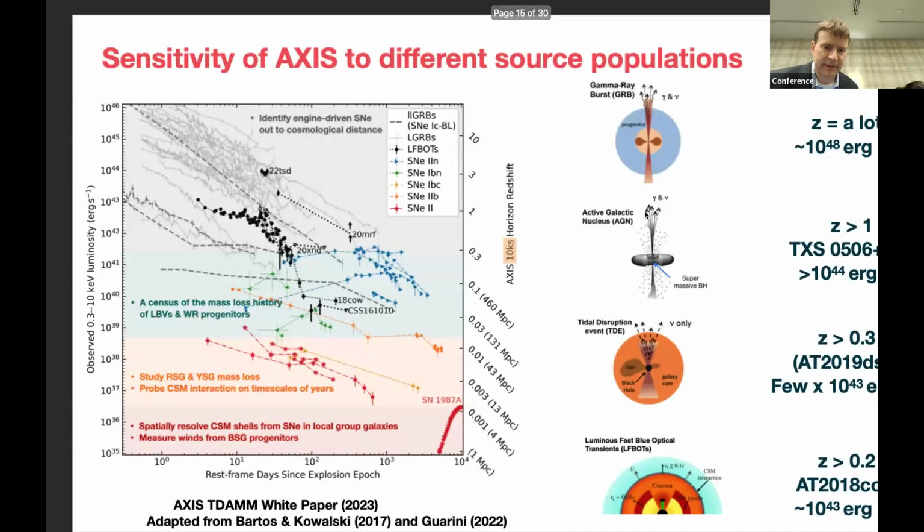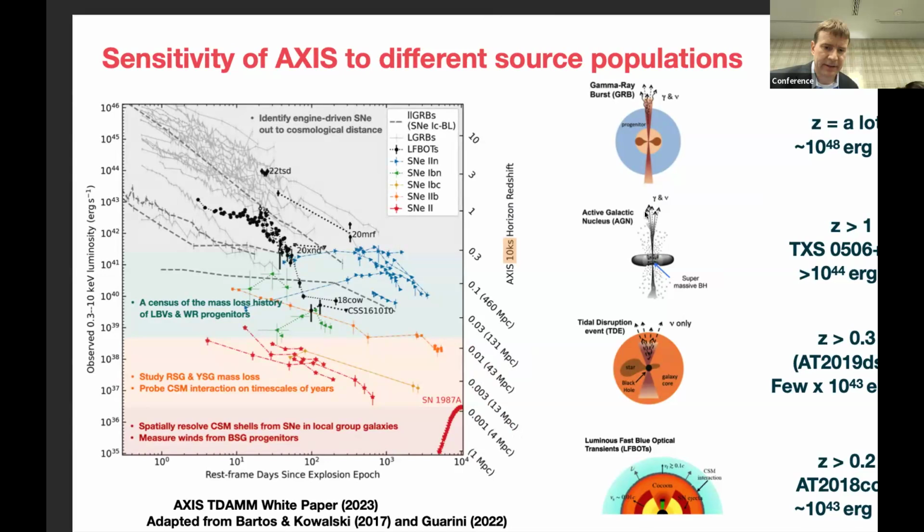And so how good could AXIS do this experiment? What I've done here is I've stolen a very nice plot from the AXIS TDAM Science Working Group white paper from 2023. This was a visualization of how well AXIS could do in 10 kiloseconds. What we're proposing for each individual pointing is 1 kilosecond, but I think it really nicely captures what we're trying to do here. So what we would actually like to do is a sort of mini time domain astronomy survey. So we take a view, and then we basically see what is there